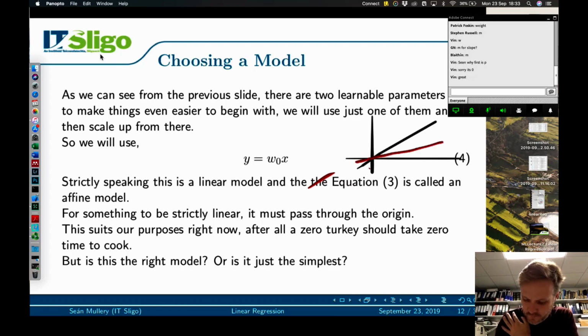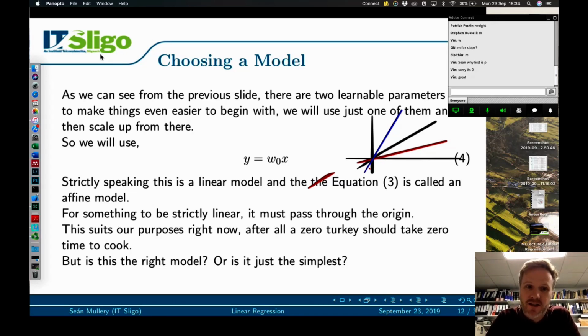It might be this one, or it might be this one, but the point is it has to pass through the origin. It's not allowed to pass through at some y-intercept there. Okay, so we're keeping this model very, very simple, simply so that we only have one parameter to learn. So strictly speaking, this is what's called a linear model,